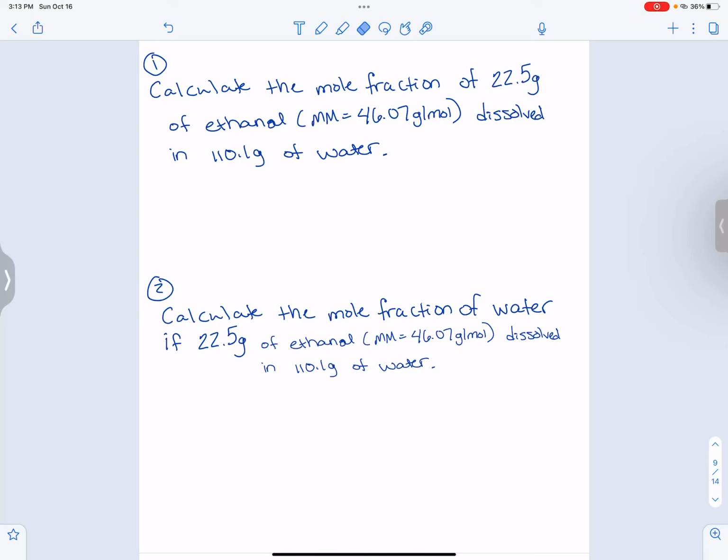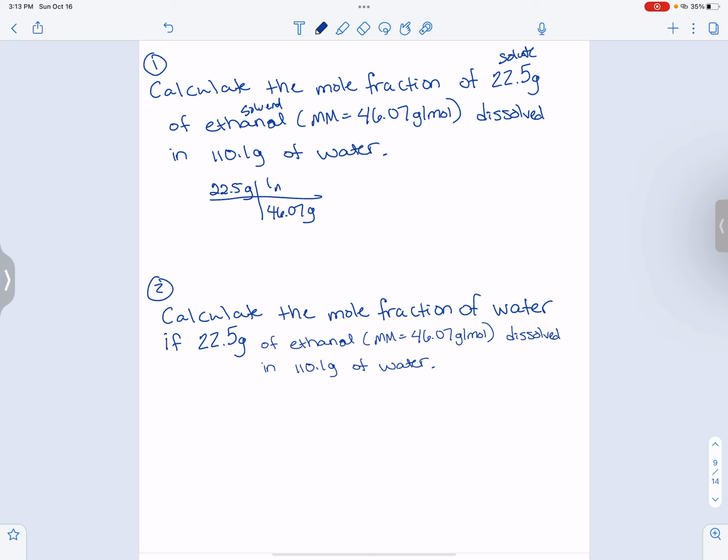So I need to calculate the mole fraction of this much ethanol dissolved in that much water. So I have a solute and I have a solvent. I need to get my things in terms of moles to be able to answer this question. I don't have any information in the problem about solution, and so that's just how I have to work it separately and then add them together is what I'm going to have to do. So 22.5 grams of ethanol,